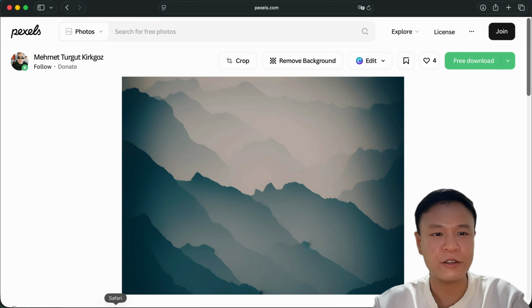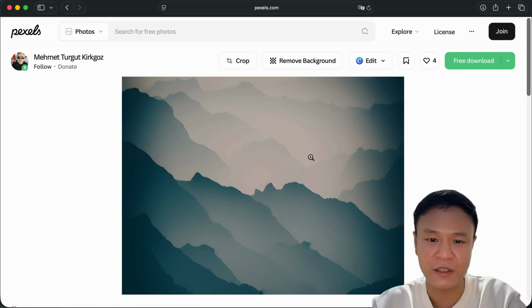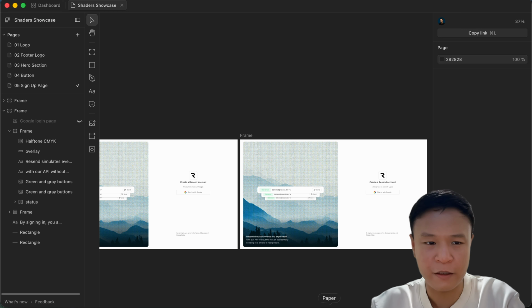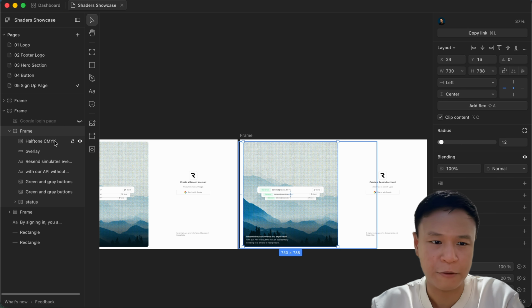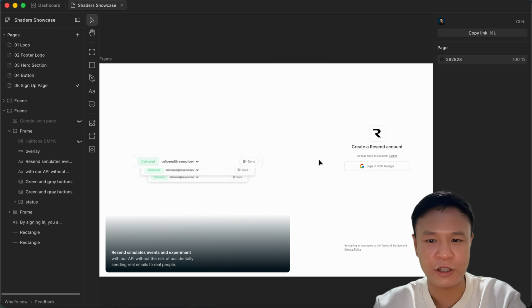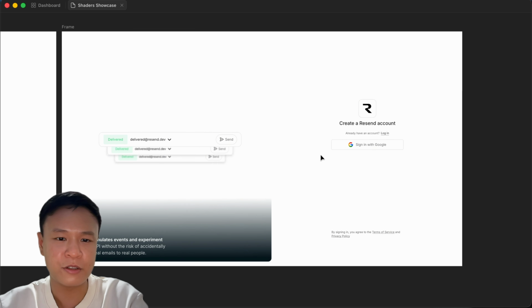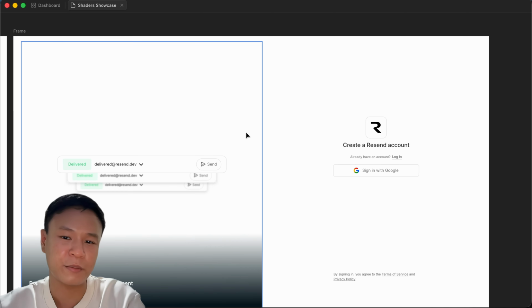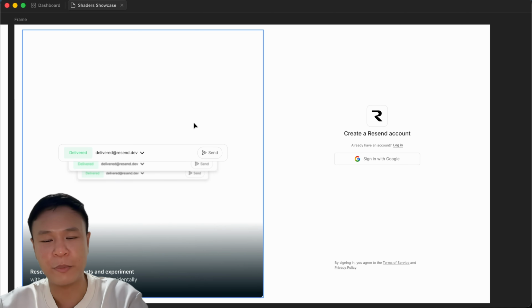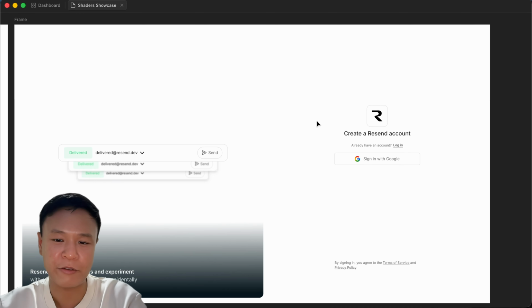Last but not least, I would like to quickly show you how I achieve the image effect. Thanks to Mehmet for showcasing this mountain background, which I will be using for my demonstration. So if I were to go back to paper, again, let me remove this for now. Okay, so in this case, I have this sign up page here. So basically, if we were just using a plain background, for example, that would look quite plain. But if I were to make this sign up page a little bit more interesting by adding a background image,